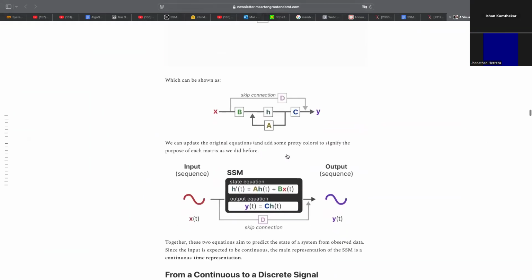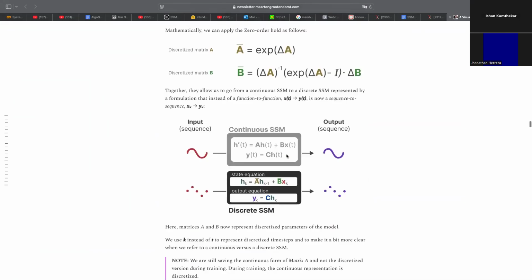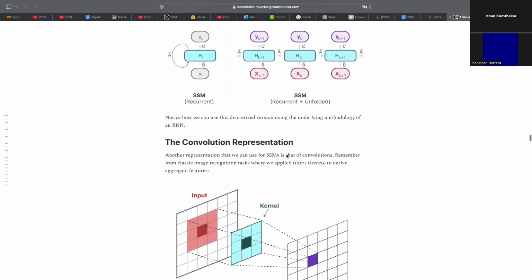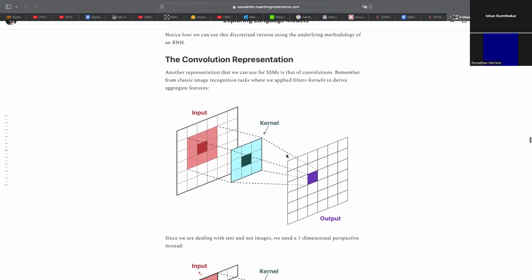Yeah, so it's just a visual of it. And I gotta scroll it down a bit. There's one way you can do SSMs, but another way is using a kernel. For anyone who doesn't know what a kernel is in a convolutional neural network, this is how you predict images and what they are. You can have an input like an image, and you have a kernel. And a kernel is pretty much a filter, an n by n filter that